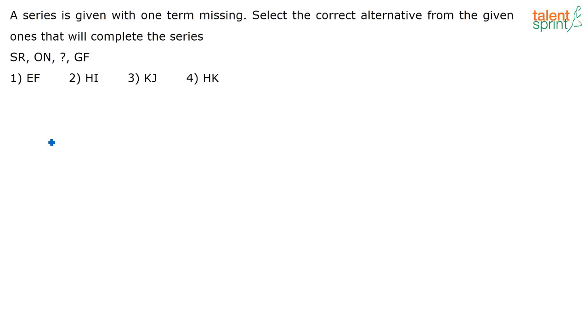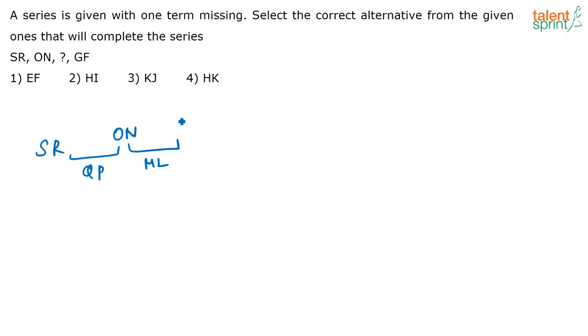So what is here? See, here basically the alphabets are being written in the reverse order, correct? So you have S and R. Now before SR, what will you have? You will have Q and P, correct? P, Q, R, S. So Q and P is not there. Then they have written ON. Generally if you look at NO, PQ, R, similarly there are again 2 alphabets missing, that is ML. ML is not there.